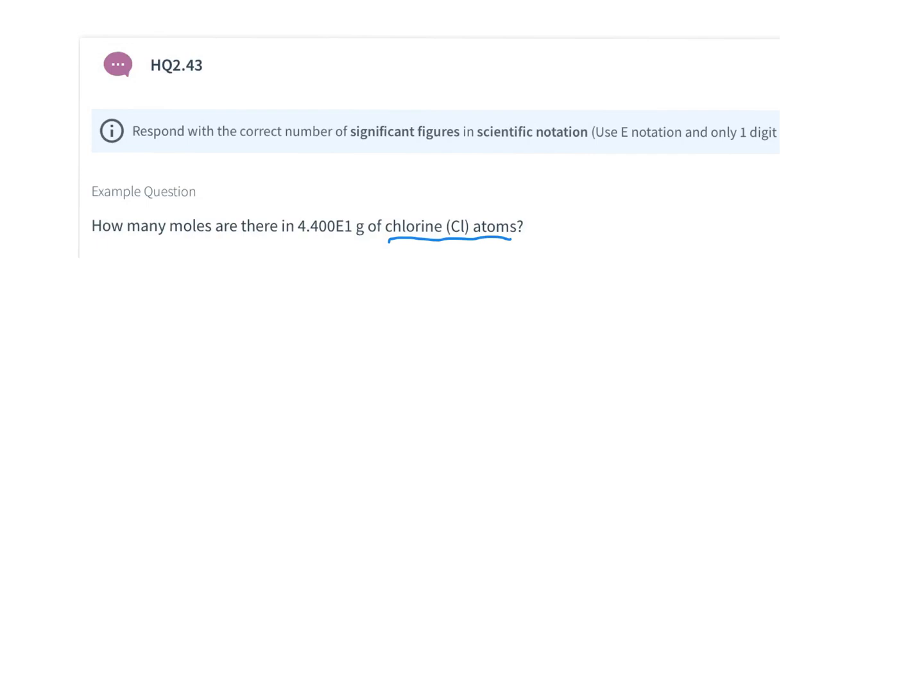But the only reason they're throwing in chlorine atoms is that chlorine is more commonly found as a diatomic molecule, Cl2. So they're telling you these are individual chlorine atoms. So the next thing we need to do is look up the atomic weight of chlorine. If we go to the periodic table and look up the atomic weight of chlorine, we will see that it's